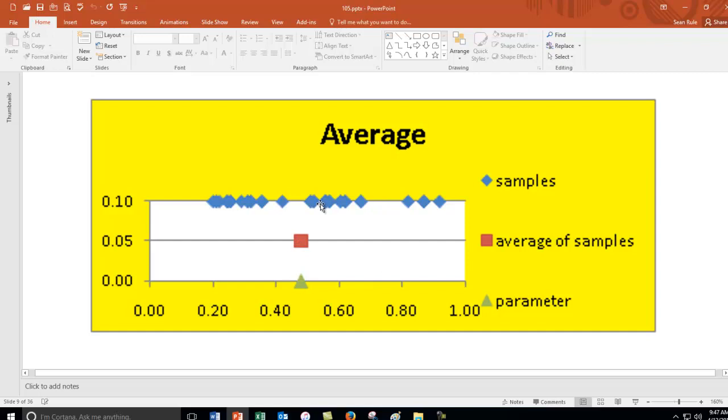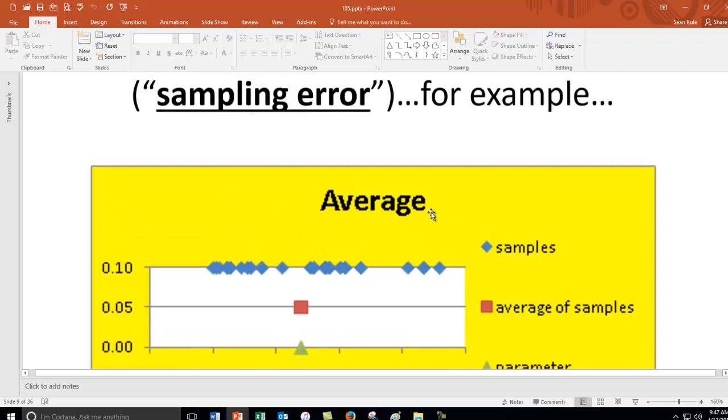But the problem, if you look up here, is that a lot of the samples' averages individually are not equal to the parameter. Some are close and some are far. Close and far, again, both in quotation marks. So how do you deal with that? Now, there's nothing wrong with that. That's simply called